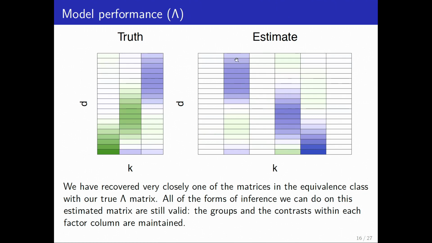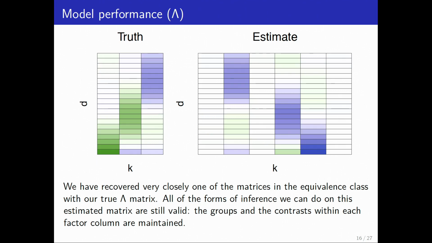And that's because the lambda matrix is multiplied by eta. And so if, for example, we have the first column of lambda being positive and the first entry of eta being positive, that's the same as the first column of lambda being negative and the first entry of eta being negative. So even though we've resolved the rotational and sign switching ambiguity within samples with Evans post-processing, we haven't really